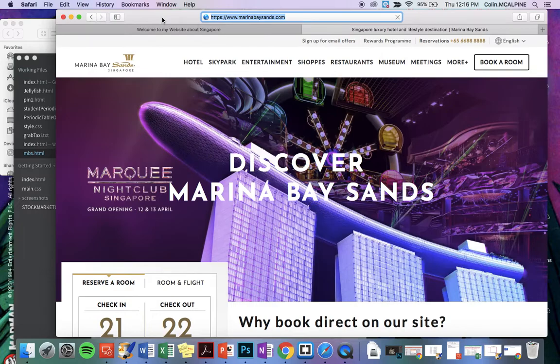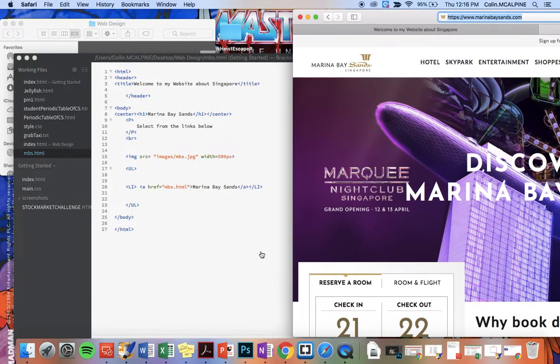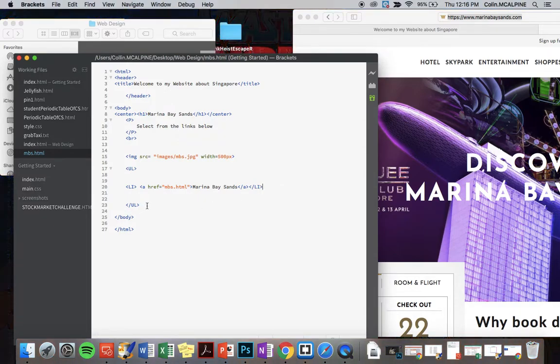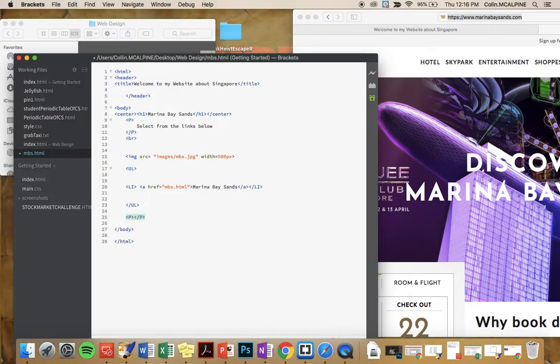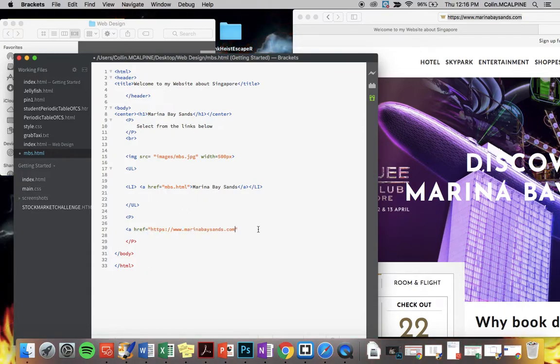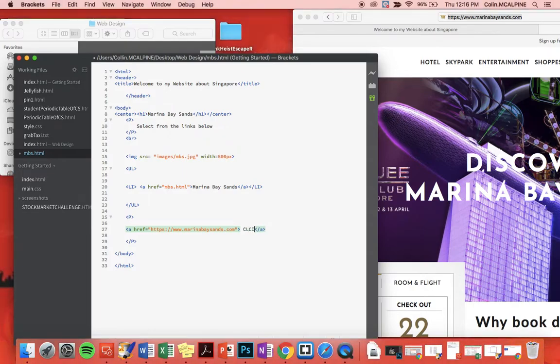So if we click that link, we could add that in to our Marina Bay Sands page, maybe perhaps put it after the ordered list. Now another good feature there, brackets auto-completing for me. Now you can put in a href equals quote and paste my link. And I need to put a little bit of text so people can click on it. So click here to visit MBS